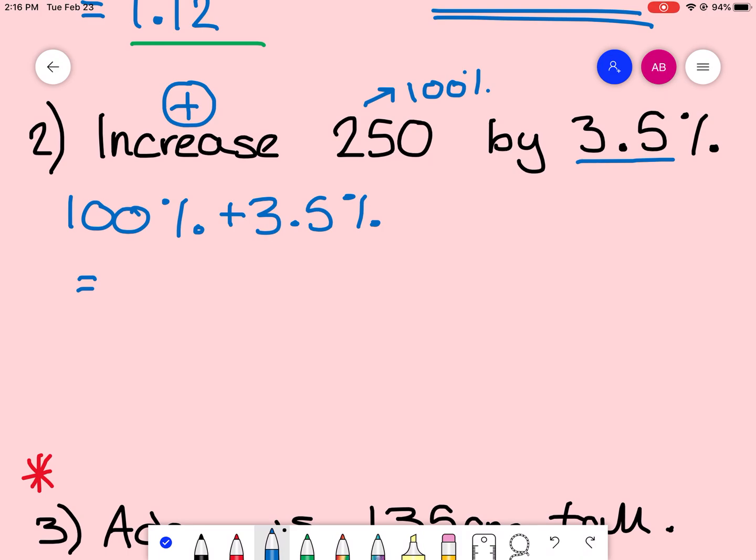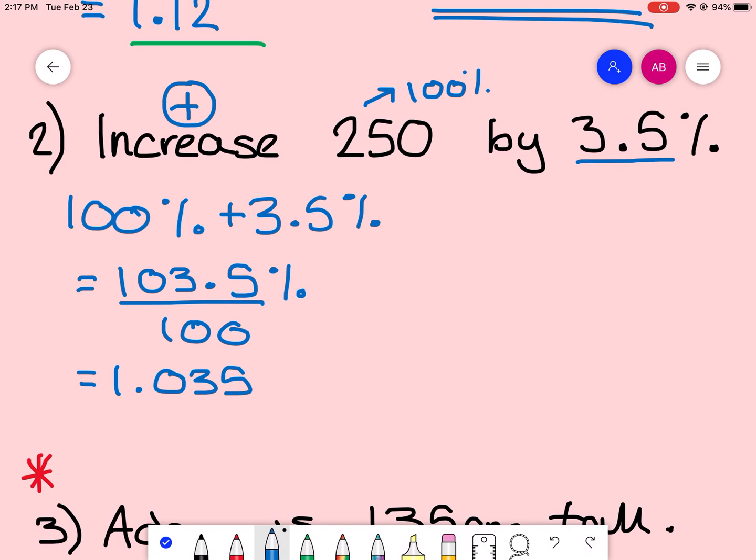However, I am going to try and drill this into you and get you to use this method, because it will be the one that's actually easiest for us to use when we go on in a couple of periods' time. So we've got 103.5%. We then have to change that to a whole decimal, which is to divide it by 100. That will give us